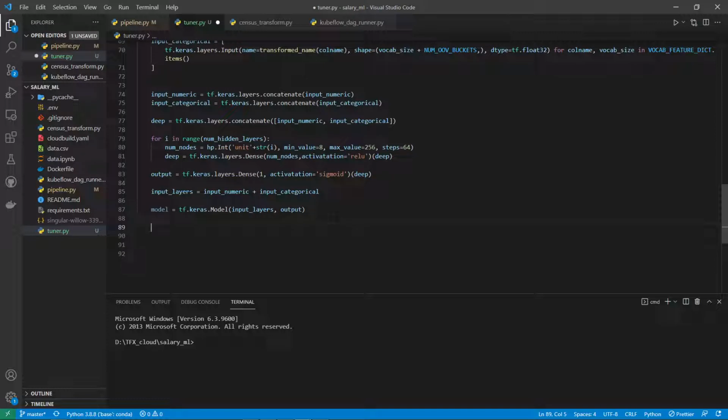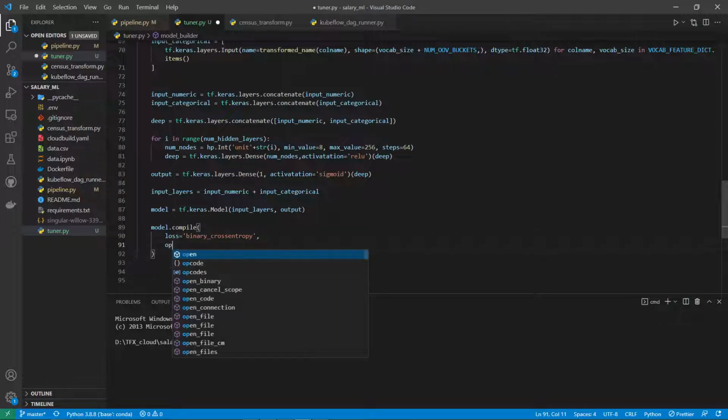So we'll say model.compile, our loss is binary cross entropy, our optimizer